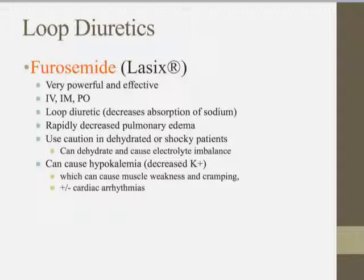Furosemide may also cause systemic vasodilation and reduce renal vascular resistance, so it may help increase renal blood flow, and it can also be a potent transient increaser of glomerular filtration. Some adverse effects of furosemide would be ototoxicity, especially if you give it at rates above 20 mg per kg. It can cause profound dehydration, mild to moderate hypokalemia, and